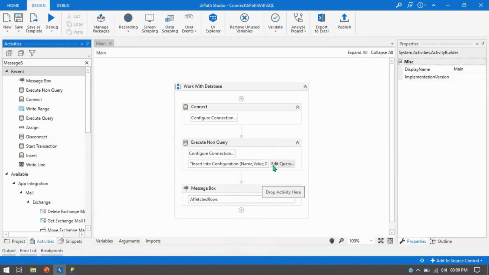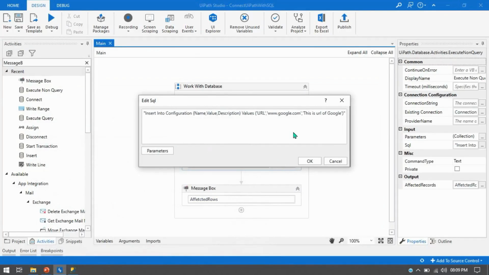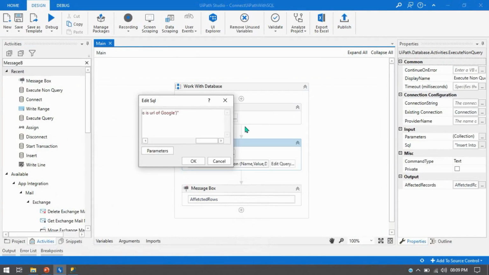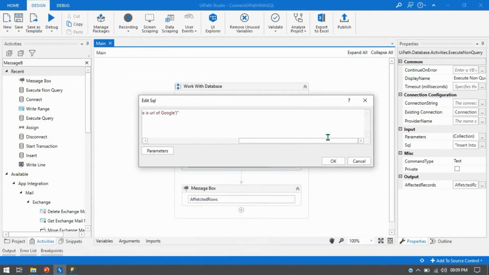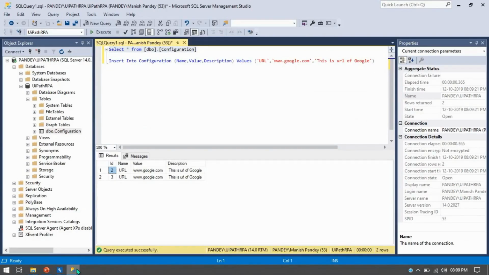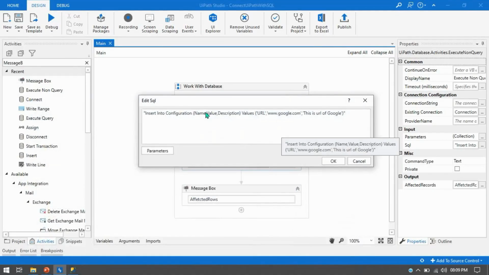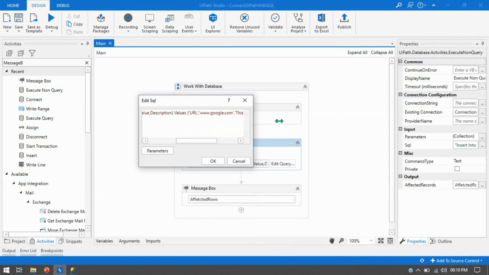Okay, and now you can click on the edit query and you can see here this is the hard coded value we are passing here. So I have just shown you so you can understand how to write the query inside this activity. There is nothing extra, nothing special. You can just copy the same query which you are writing in SQL Server Management Studio. You can directly copy paste here,